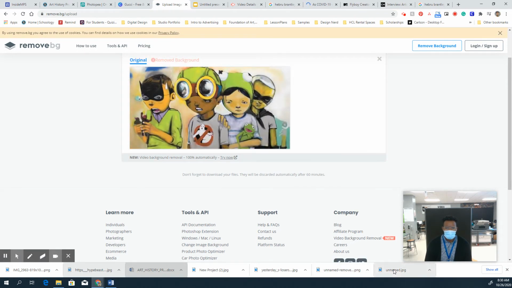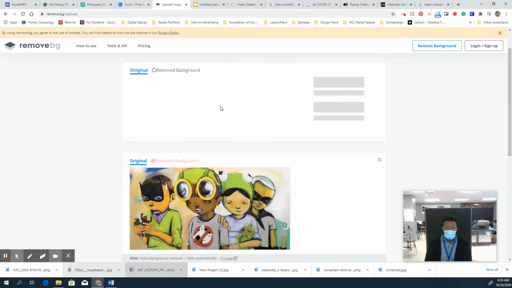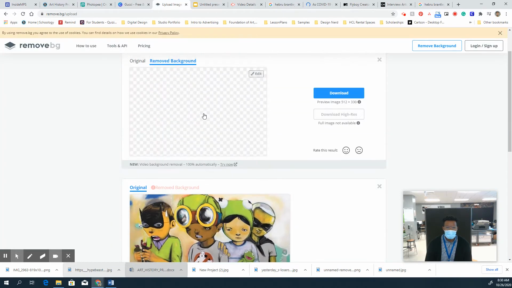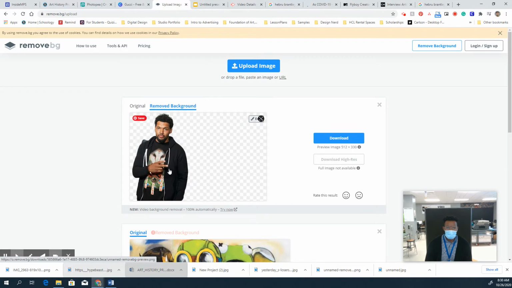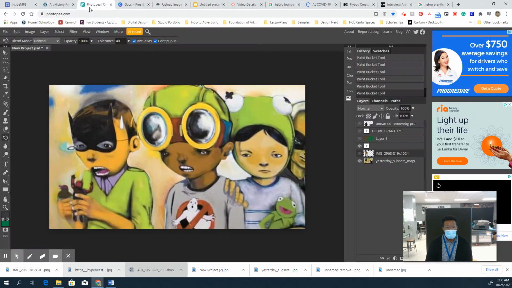Okay, so here we are. It removes that background for me by itself. All I have to do is drag that image in. This is remove.bg.com, and it will remove that background. And then we have the same thing. All we have to do is drag that image in